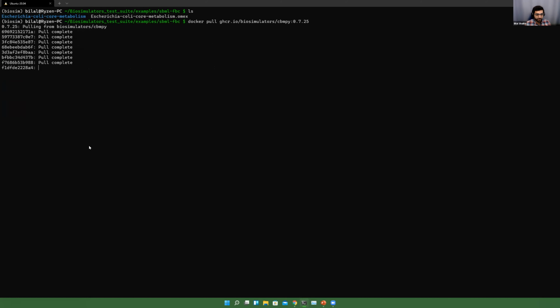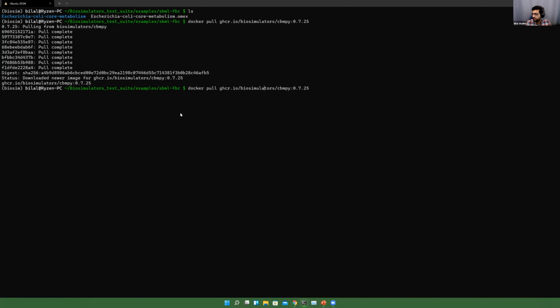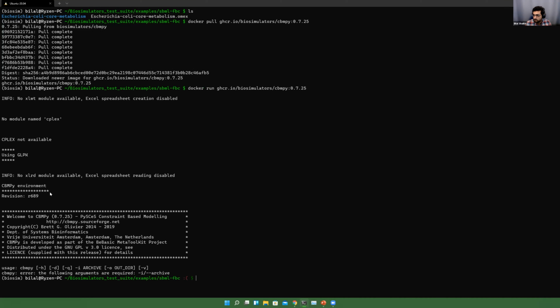And if anyone is familiar with Docker containers, they are essentially ways of wrapping up all of the dependencies, all of the software that you need for a particular program into one container that can then run on multiple platforms without having to really work on the environment yourself. So we can now see that it's been downloaded. So I can now go ahead and run this. And it'll give me a little bit of a help output that can show me how to use this. There we go.